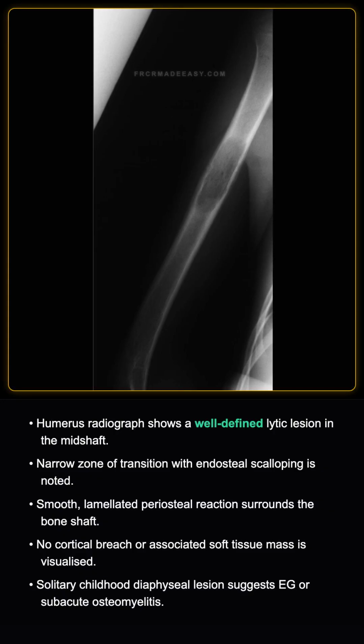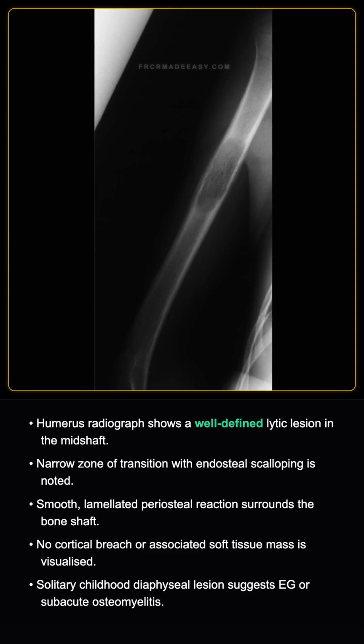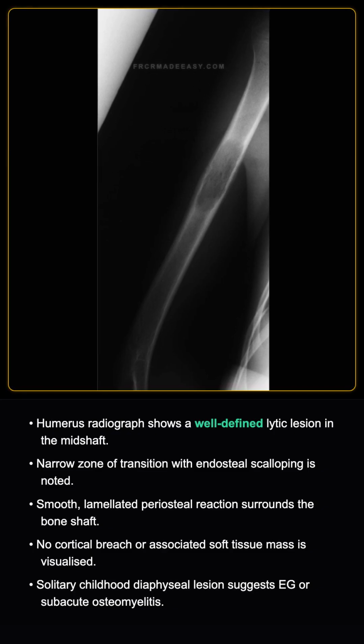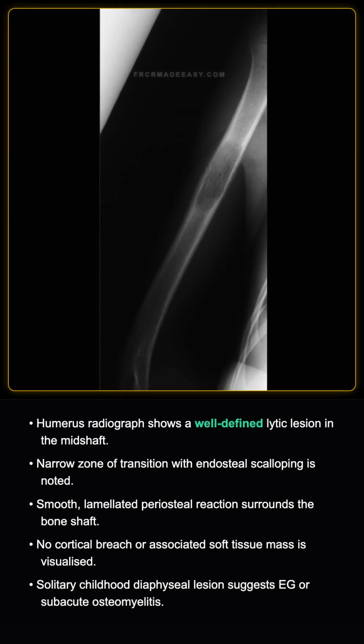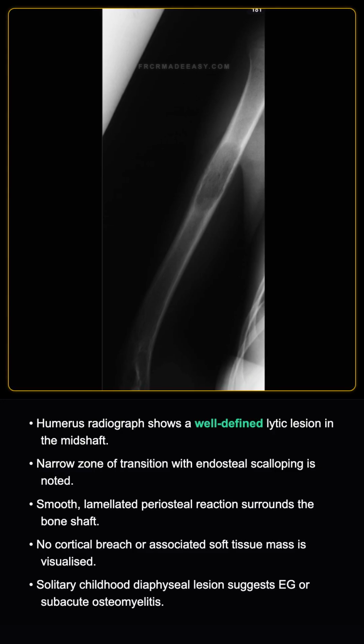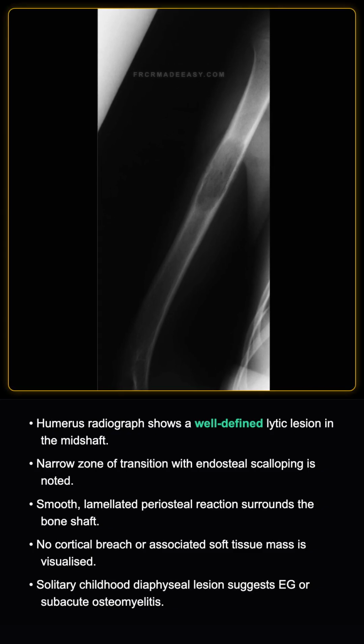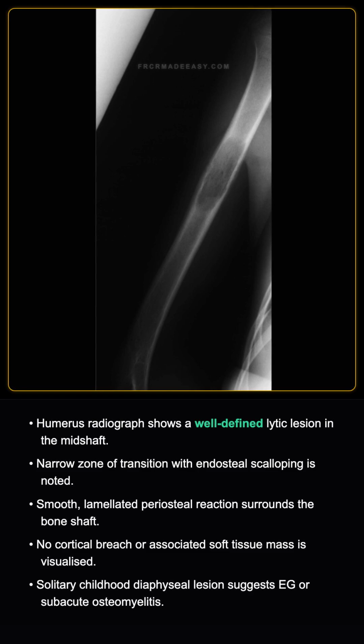Okay, I see it. The humerus radiograph demonstrates a relatively well-defined osteolytic bone lesion centered within the midshaft diaphysis. The lesion exhibits a narrow zone of transition and is associated with endosteal scalloping. There is also a smooth lamellated periosteal reaction surrounding the shaft, without evidence of a cortical breakthrough or a distinct